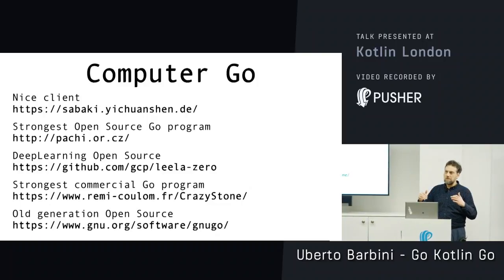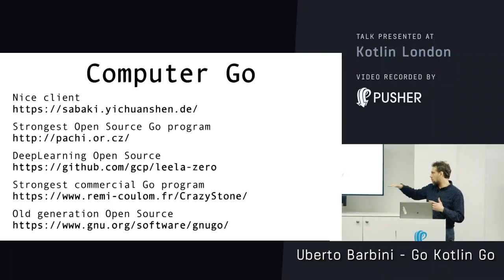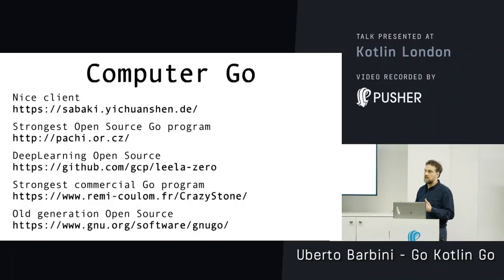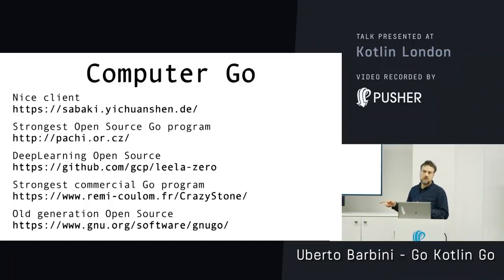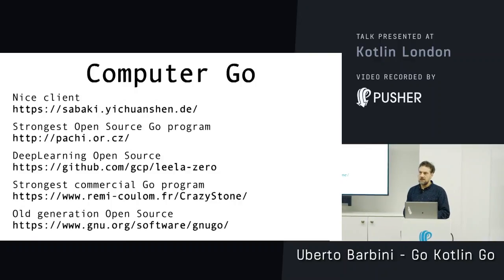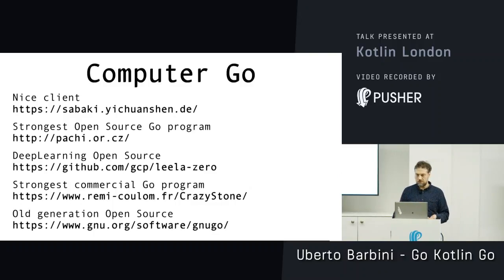In the Go programs, basically, there is the old generation, which is new Go, that is based on a set of rules, more or less like the chess player. Then all the others, like Apache or Crazy Stone, are using a strategy which is called Monte Carlo tree search. And we will see later some code about that. And then that was the current bleeding edge until Google came. And now there is also the deep learning strategy. But deep learning is something that goes on top of Monte Carlo tree search, so it's not instead of that.